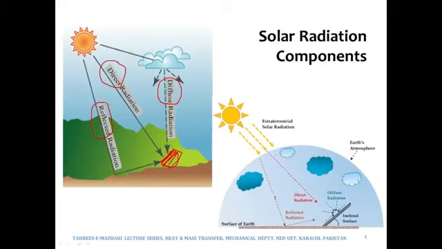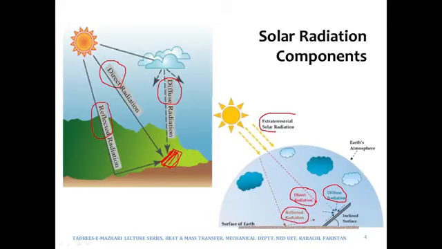Over here, this is in fact a different diagram showing the same terms. We can see the direct radiation over here, which is coming directly from the sun onto this surface, and then we have this diffuse radiation. It was initially going in some other direction, and it was scattered. We then have this reflected radiation. The radiation first hit the ground and it was then reflected off the ground onto the surface. And